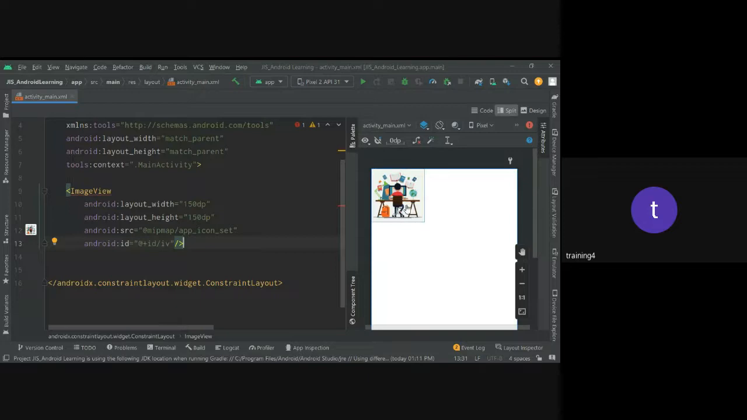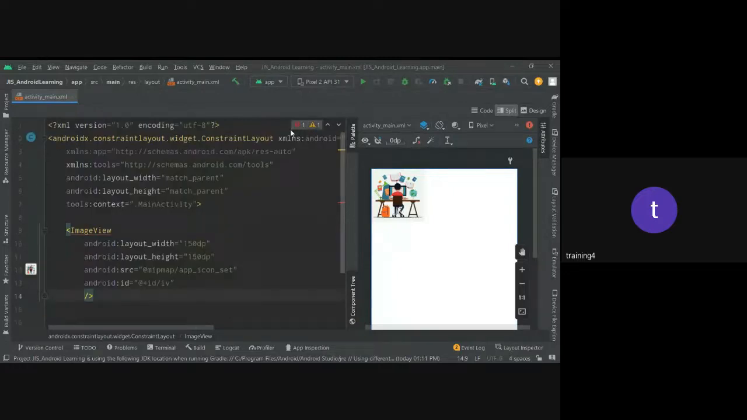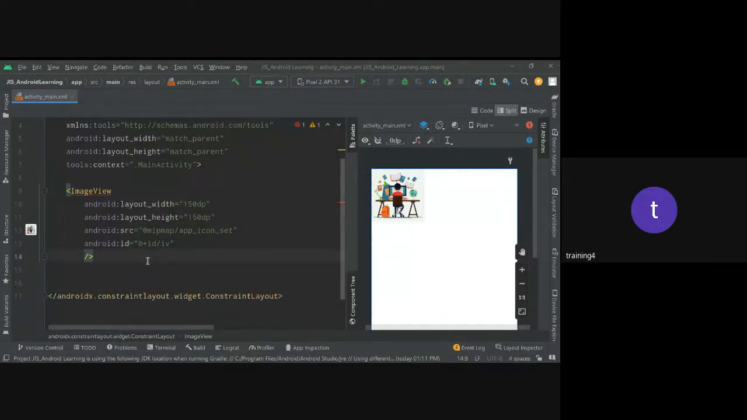Now, I hope everyone is done up to here. Let us make it centered horizontally. So how to make it? I hope every one of you is getting one error. It's showing that one error after completing the code this much. Under image view, there's a red underline. Yes. So now